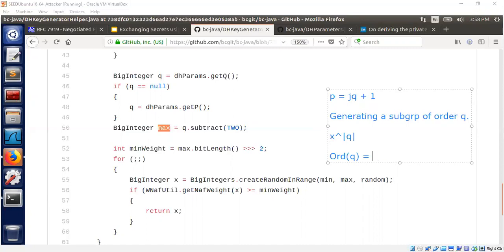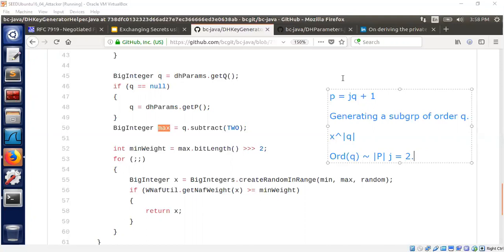The order of q is almost the size of p, approximately the size of p. And when p is very large, it doesn't matter whether p or p by 2. But anyway, the order of q is a really, really large number when we use j equal to 2 in the case of regular safe prime. So what it means now is that the exponent that we will be selecting using this code will also be